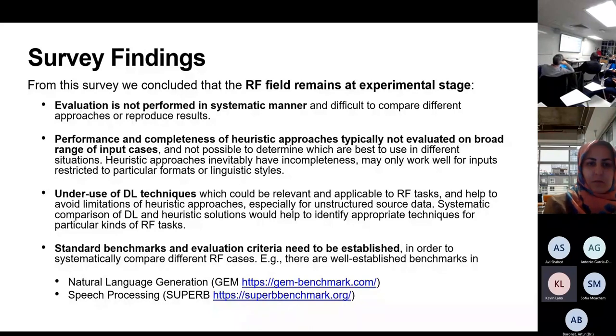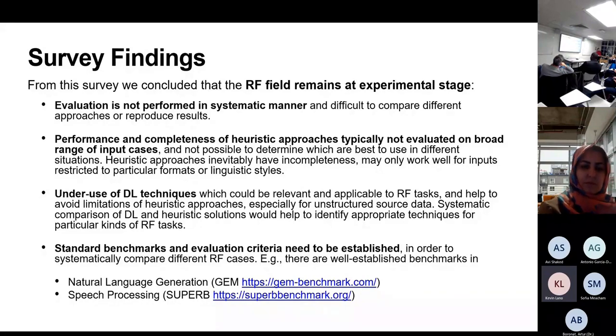In principle, deep learning could be used, especially in cases where there's unstructured source information. But again, this seemed to be underused in the publications we looked at. So we concluded from this that we needed to create or select some standard benchmarks, and also to define evaluation criteria so that different approaches can be compared on the same basis, on a level playing field.